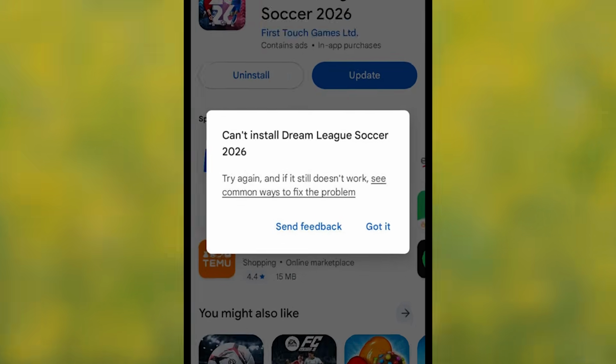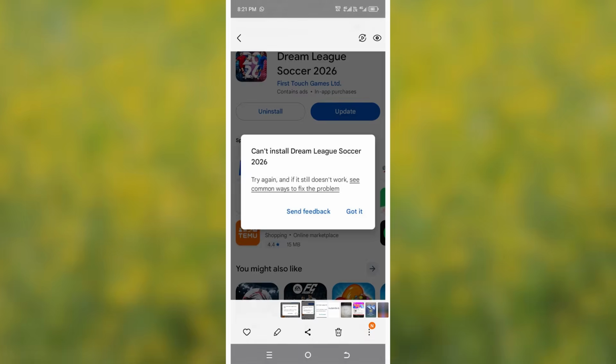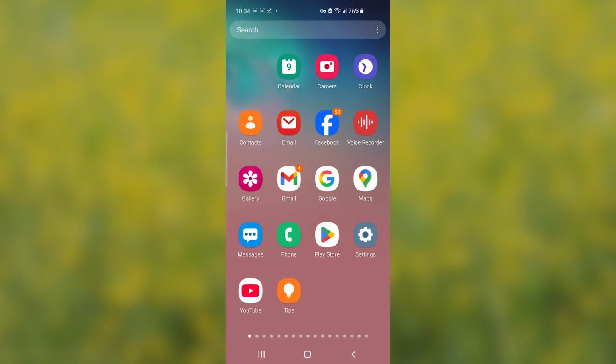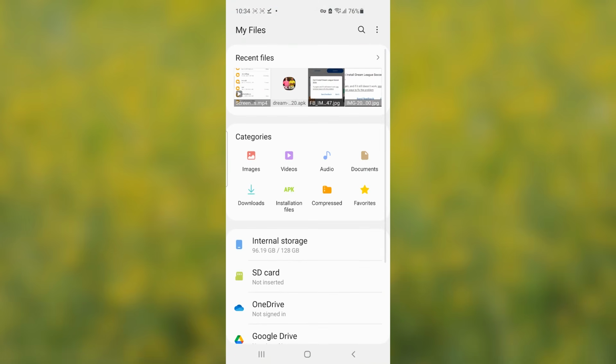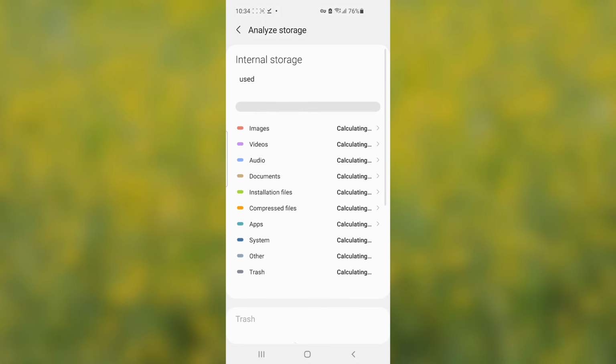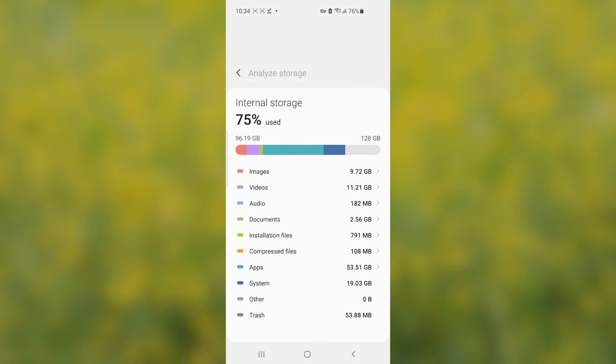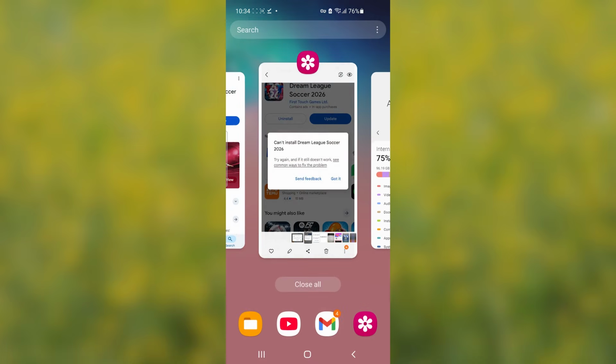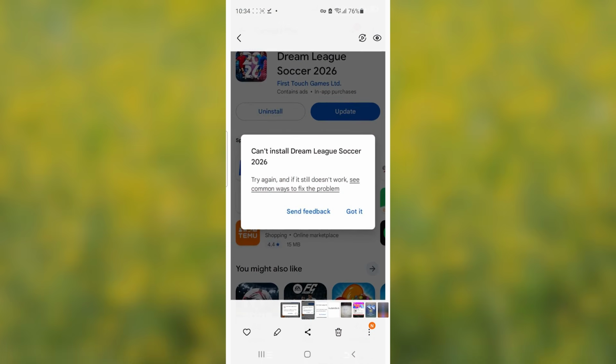Now, ensure that you do have enough storage space. You may need to go to your files and ensure that you have enough storage space that can allow you to download the game. You can select here, analyze the storage, and you may need to clear some space to allow that you do have enough storage space. Now, if you do have enough storage space, but you're still facing the issue for can't install Dream League Soccer,